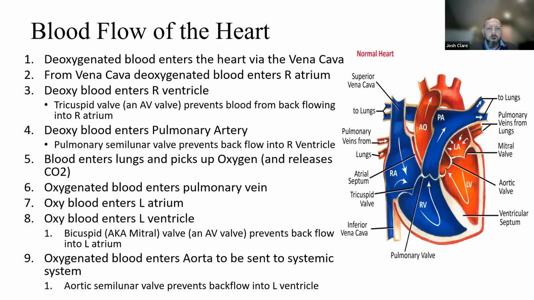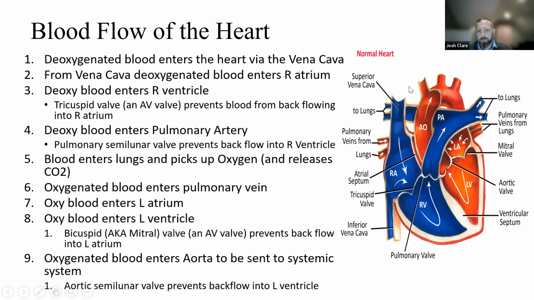So, the blood flow of the heart. Blood enters the heart via the vena cava, either the superior or inferior vena cava. That deoxygenated blood gets dumped into the right atrium. Once the heart contracts, the right atrium pushes it into the right ventricle through the tricuspid valve. That tricuspid valve will then close to prevent backflow. The right ventricle, on the next contraction, will then push its deoxygenated blood into the pulmonary artery